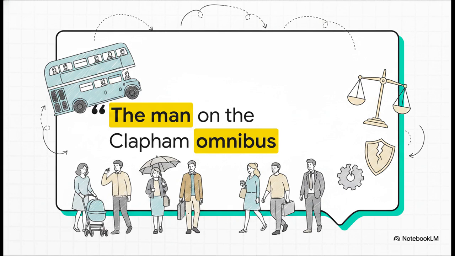Now, I absolutely love this historical detail. Back in the day, the courts vividly described this everyday, reasonable person as the man on the Clapham omnibus. It's just a wonderful, slightly old-timey British phrase that basically means the regular person on the street. Not a genius, not some flawless superhero, just a typical commuter going about their day. That guy right there, he's our baseline.